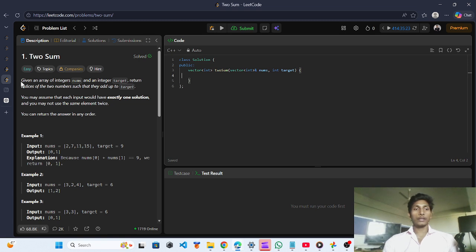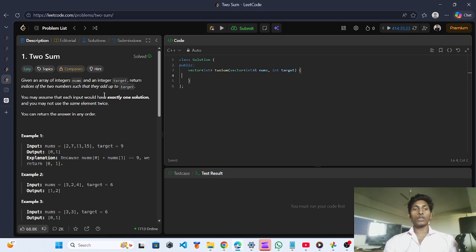The question says: given an array of integers nums, and an integer target, return indices of the two numbers such that they add up to target.